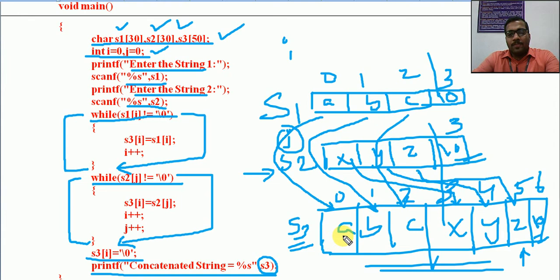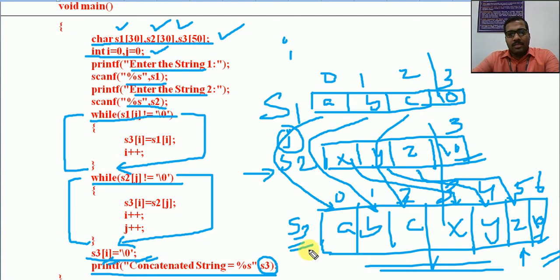So every string, if you are modifying, appending some value, or creating a new string, can be called a string only when it is terminated with a \0 character. Remember that even after copying, appending or concatenation, if you don't put this \0 at the end, that cannot be considered as a string. So remember this point: if you are creating a new string, it must end with a \0 character. That is why after everything we are appending this \0 into the last position of that particular string.